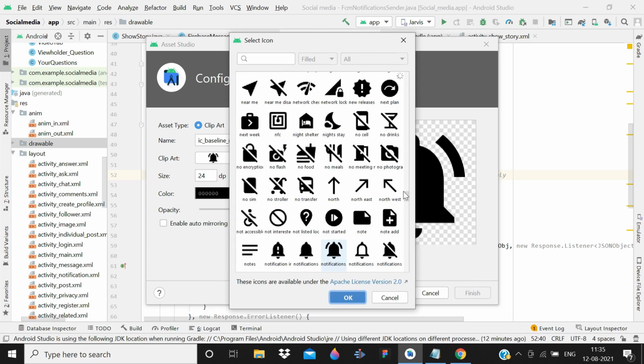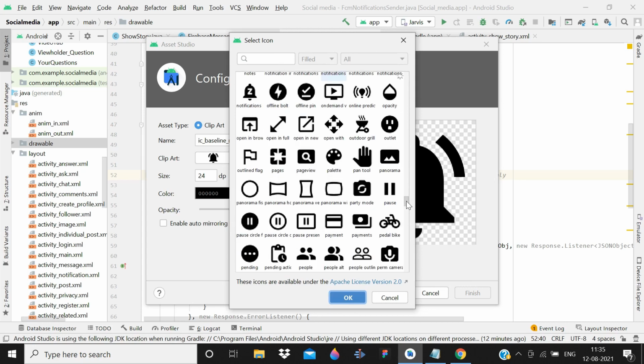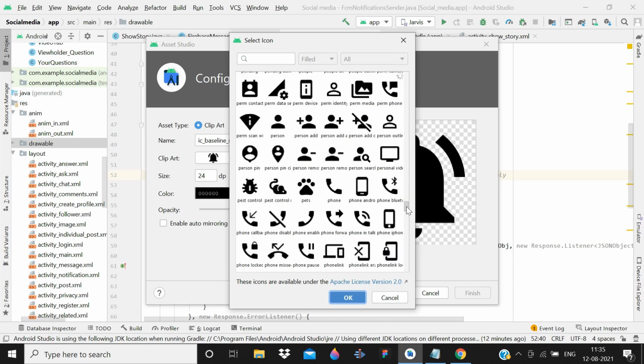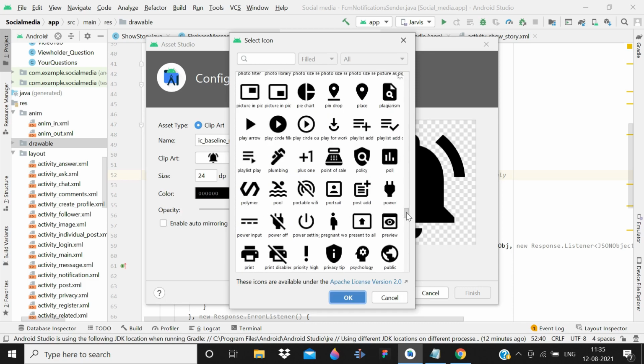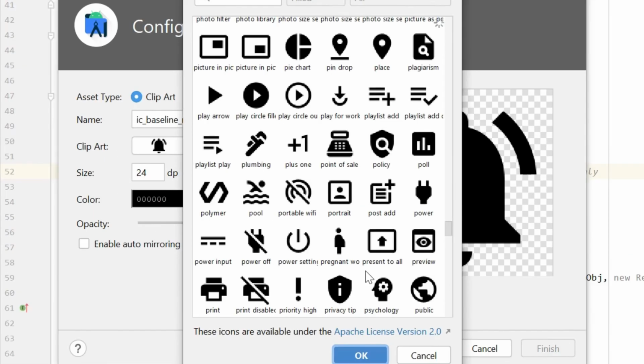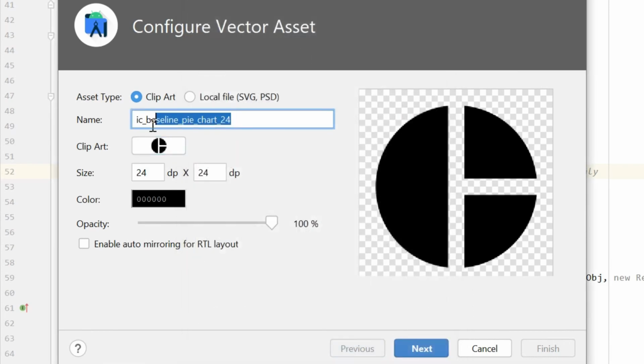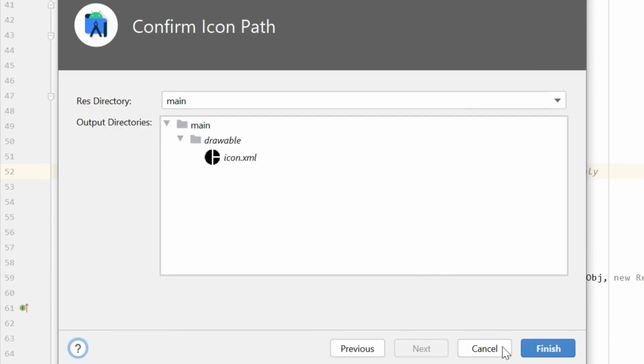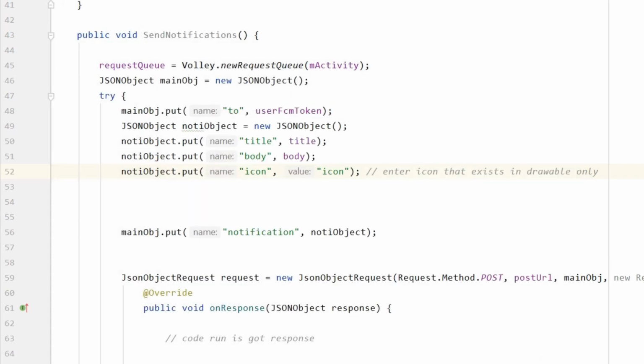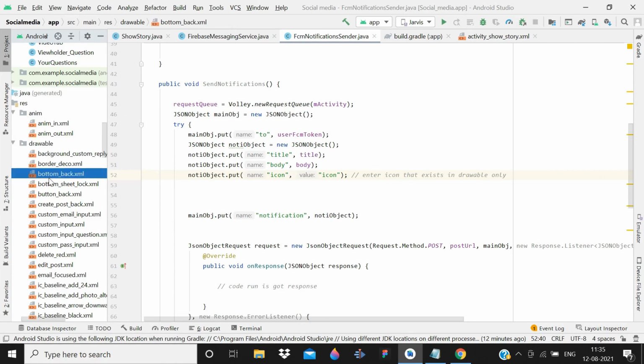I can use any random icon just for demo purposes. I think this one is good, the pie chart. I give it the name icon, then enter, then finish. Now we have a file named icon.